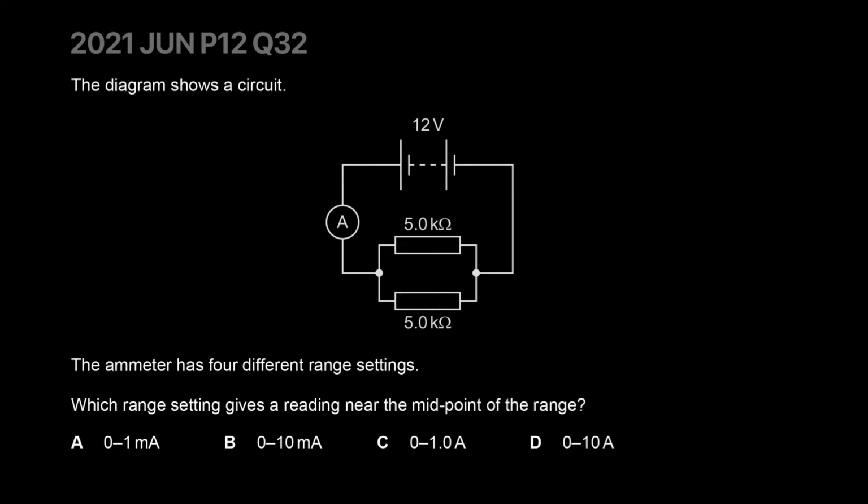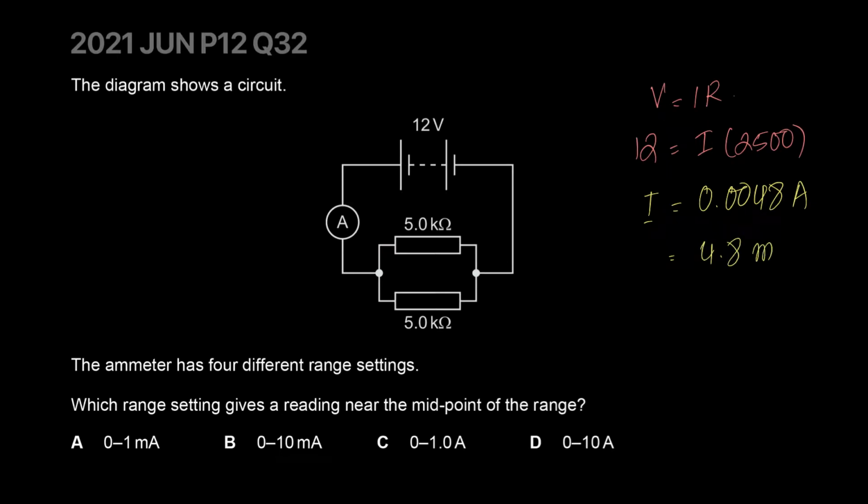Anyway, the total resistance is 2500, and the equation is V equals IR. The voltage is 12, the current we want to find out, and this is 2500. The current will come out to 0.0048 amperes, and that's 1, 2, 3, that's 4.8 milliamperes. So how an ammeter works is just a scale, or at least the old ones, how they worked is just a scale